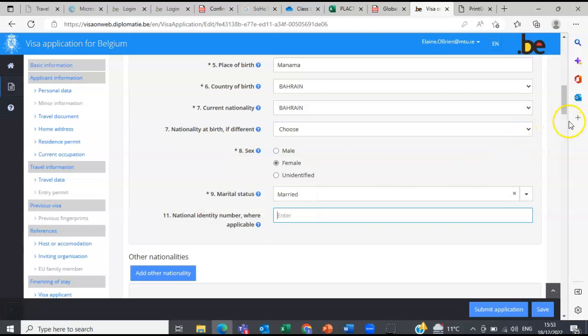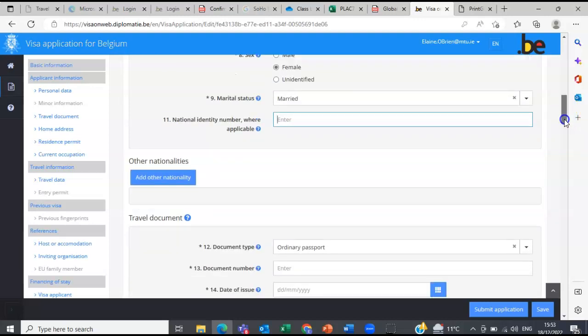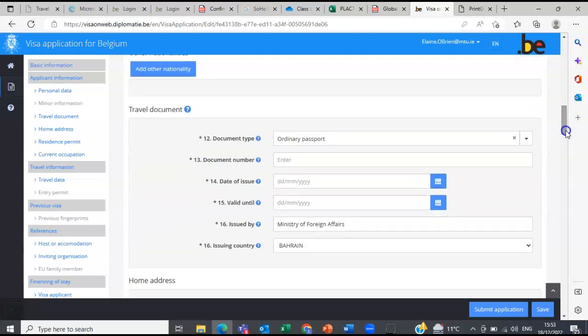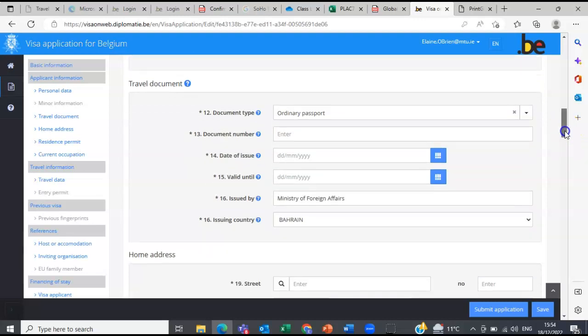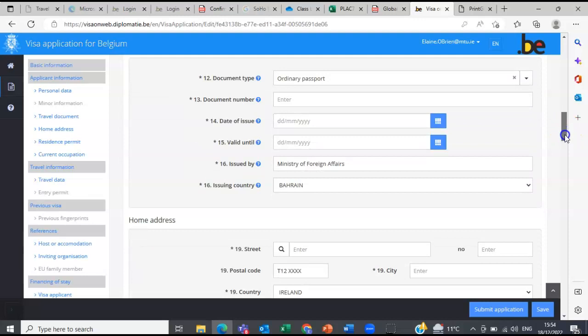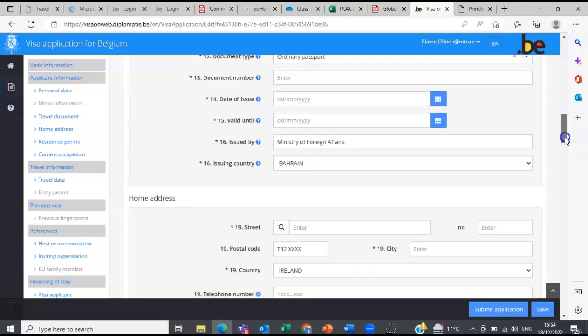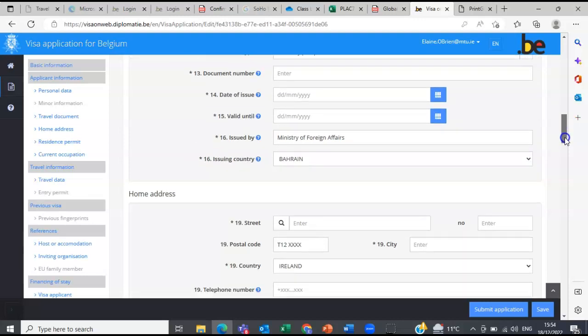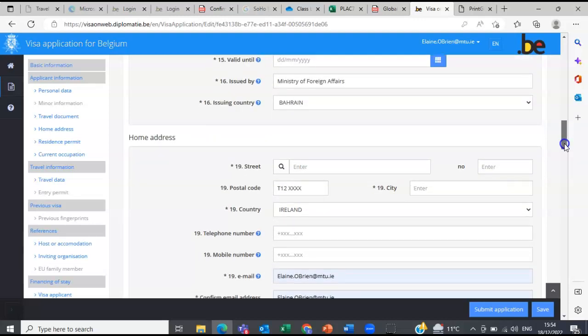ID or residency number. Then if you have any other nationalities, travel documents, you're traveling on a passport, you have that passport number, the issue date, the valid until. Remember that the passport needs to be valid for at least 3 months after you return from Belgium. Where that has been issued, the government body, and then the issuing country. So, for example, in Ireland, the passports are issued by the Department of Foreign Affairs, and it says it on